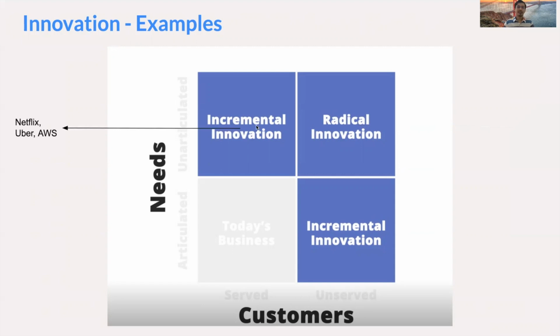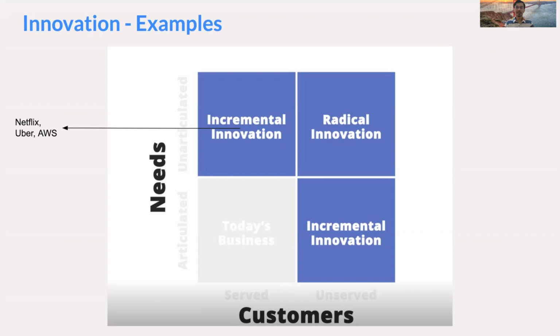let's see the left part wherein the needs are unarticulated, but those are being served. In any market, there are multiple products or offerings which exist and are serving the user needs. Consider the example of Netflix. When they started, DVDs were already there in the market. So people were already using them, but no one from the customer side had said, "Hey, I want DVDs to be delivered at my home." So what Netflix did is they built the DVD delivery service, which can send DVDs to people's homes in the form of rentals.